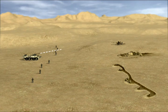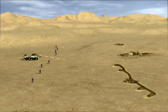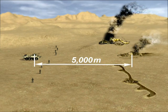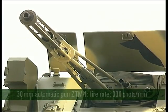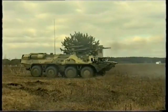At any time of day or night and in any weather, the BTR-3E1 renders effective support to a motorized infantry squad with an automatic main gun, a machine gun and a grenade launcher. It fires guided missiles and lays a smoke screen. The combat module Sturm Assault mounted on the APC includes the 30mm automatic gun ZTM1 with a fire rate of 330 shots per minute and aimed range between 2,000 and 4,000 meters,